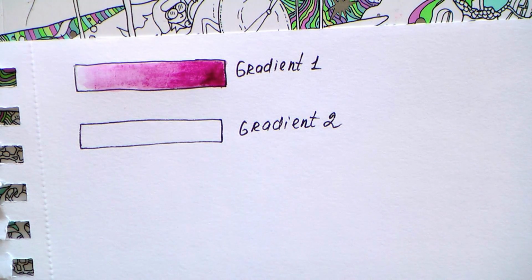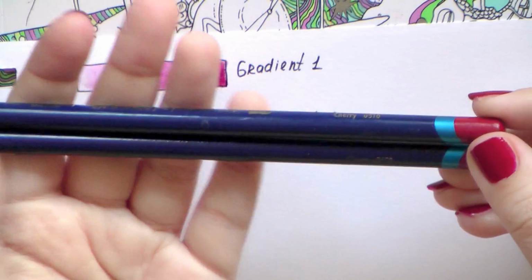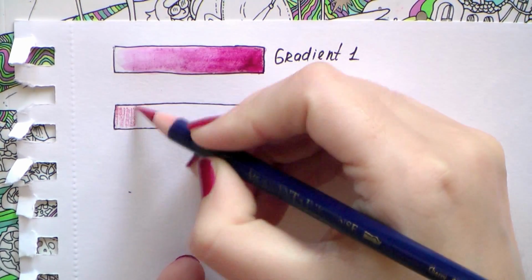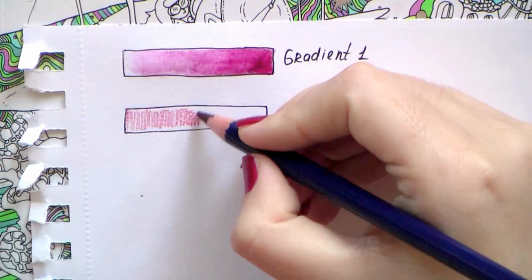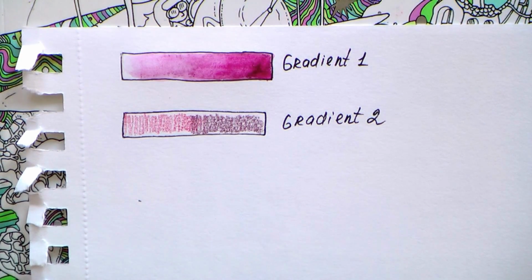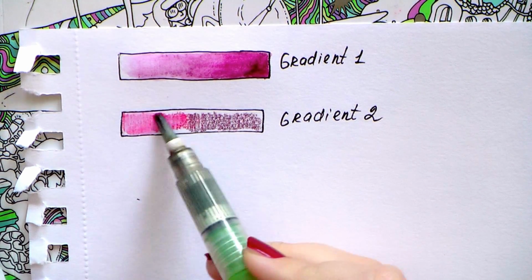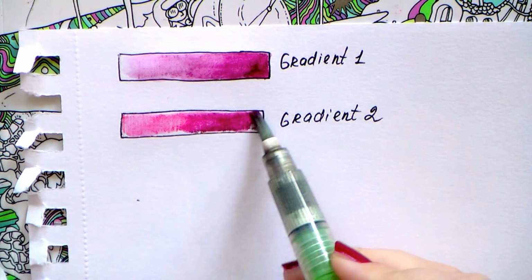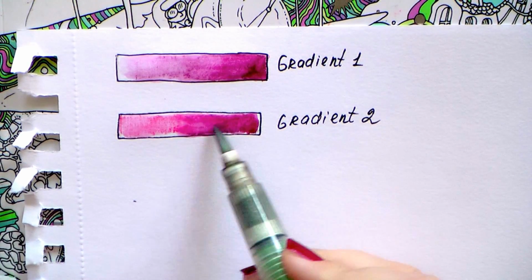For the second way we will need at least two shades of each color. For example, here I have cherry and shiraz. This one is cherry and I mix it with shiraz. Again from the lightest to darkest, and in the mixing area,